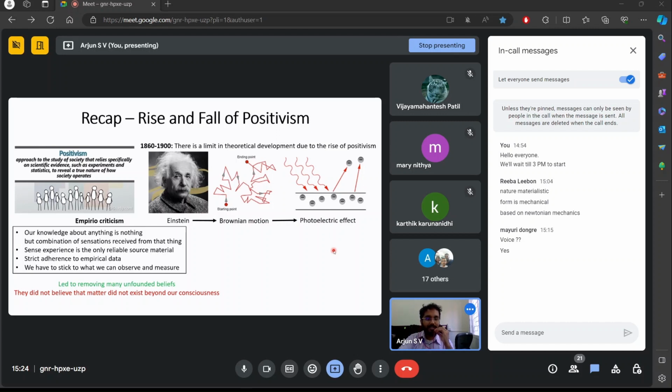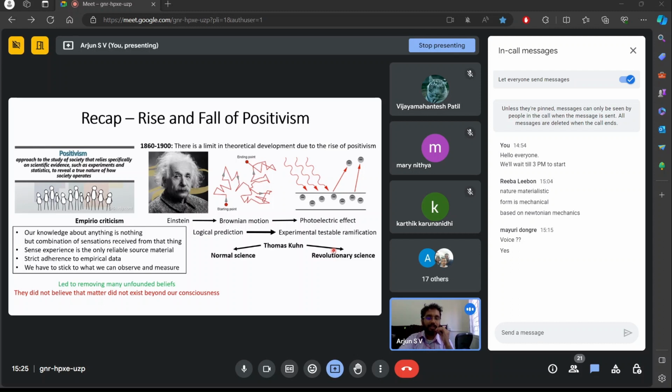This gave people a new belief that things which are observable might not be visible to our naked eye, and that we are limited by technology or infrastructure from studying things which are not visible to our eye. So Einstein's main idea against positivism was that the starting point of any question should be a logical prediction based on available or observable data, and this logical prediction can be tested using some experimentally testable ramification.